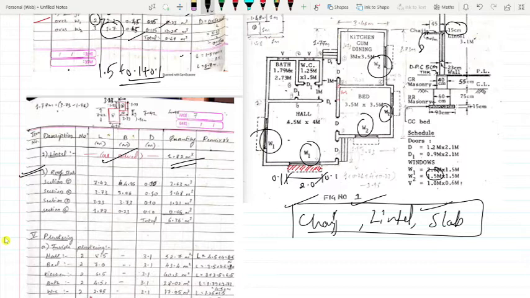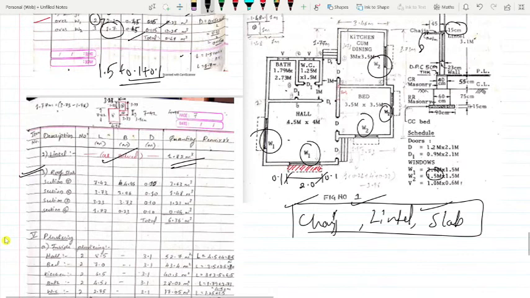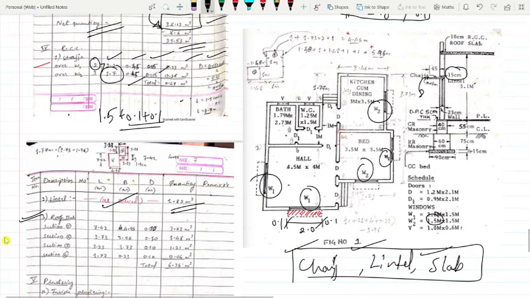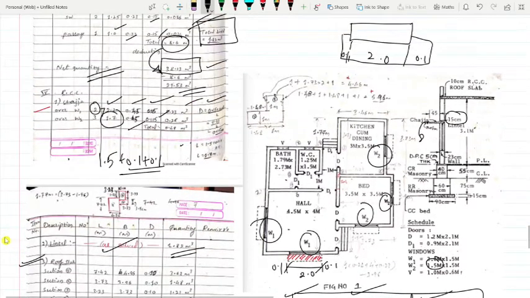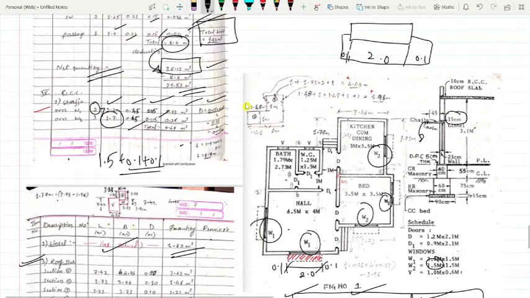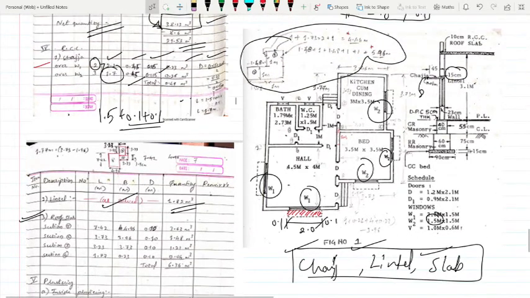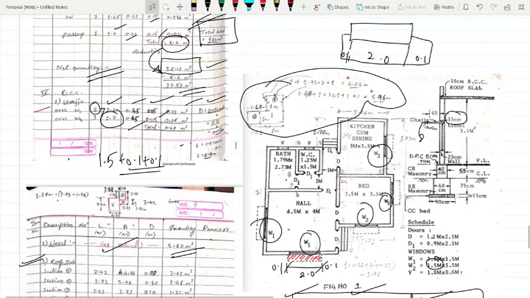So here at least you have to divide the entire thing into sections, and then you can calculate. See, I have calculated it here. You can see the entire plan is divided like this. You should make sure that section 1, section 2 like this you have to make. See how I have made it section-wise here. This diagram is not very clear, but still I'll make that clear for you.